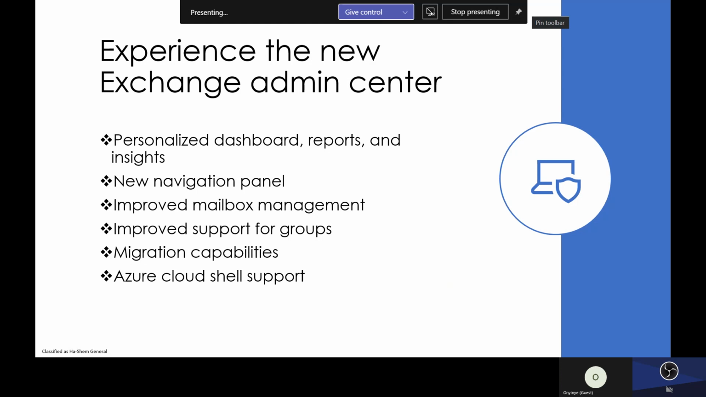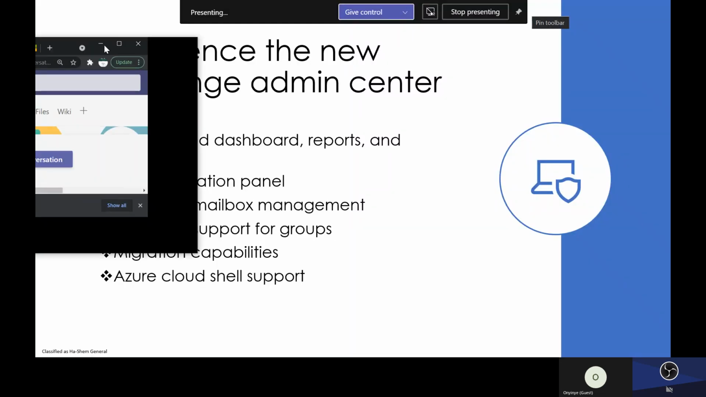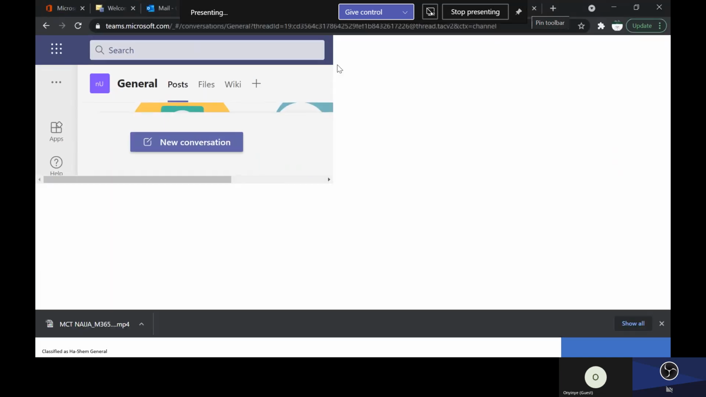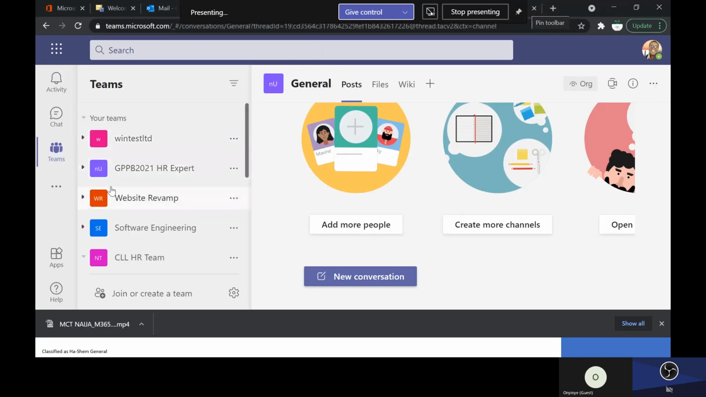I'll be looking at this one after the other, and I want us to show this. So in trying to do this, let me walk you through what the old Exchange Admin Center is like. Like I said, for you to get to your admin center, the very first thing you want to do is